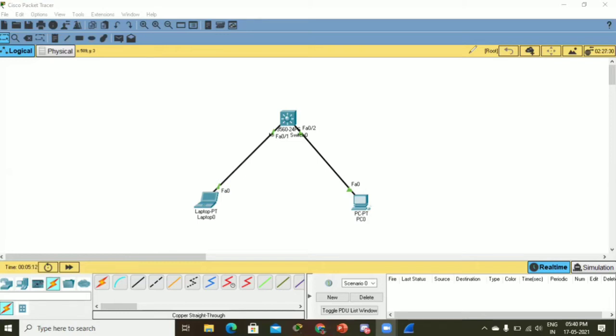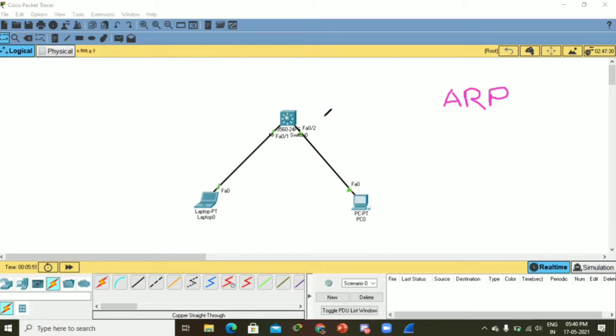In this video, we are going to be learning ARP. ARP stands for Address Resolution Protocol. So in this video, we are going to be learning what is an ARP and the types of ARP packets. Basically, ARP is used to discover the physical address of the directly connected devices.